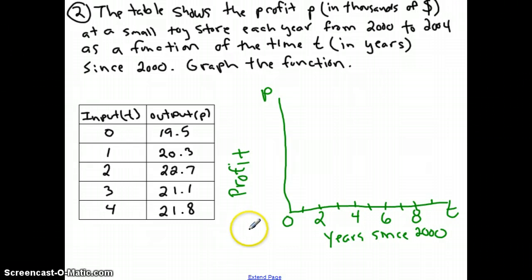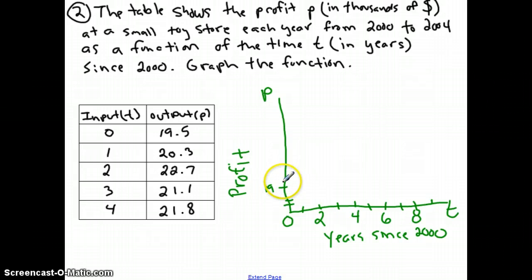Okay. The profit, if we look at our table, and again, this is in thousands of dollars, so this is 19,000 and a half, 20,000, and so on. So there's nothing between 0 and 19,000. Whenever we have a big jump like that, we can put in what we call a break. That way it just cuts all that out and we can go right to, say,